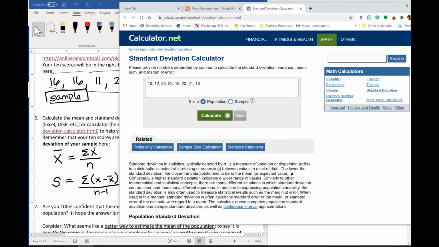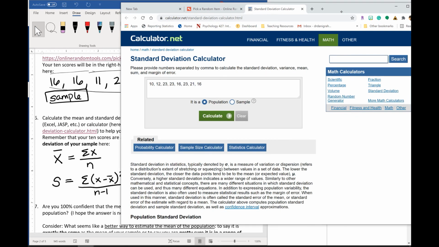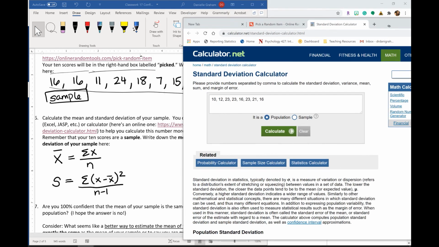Okay, so it starts with some numbers in here that it throws in. These are not my numbers, right? So I need to edit these so that these are my numbers. So